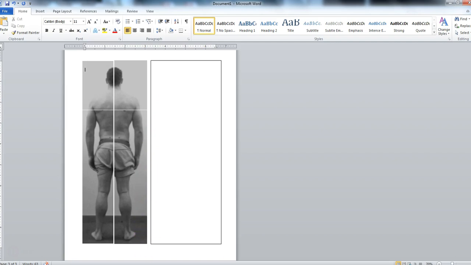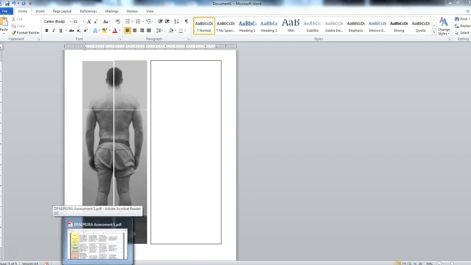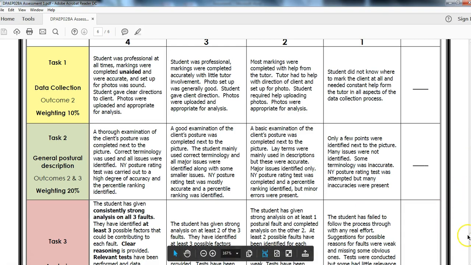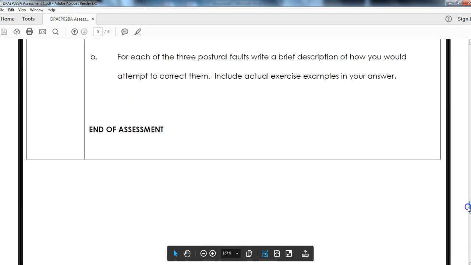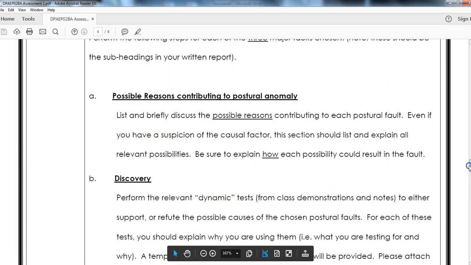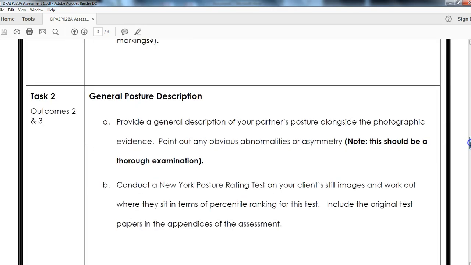Now, once you've finished a thorough chat about those things, guys, you'll see that there's a second part to this. Once you've pointed out the obvious abnormalities and asymmetries, with a thorough examination using good terminology, the last step of this bit is to conduct the New York Posture Rating Test that you had a practice on the other day. But this time you're going to do it on your client's still images. You're going to work out where they sit in terms of percentile ranking for this test